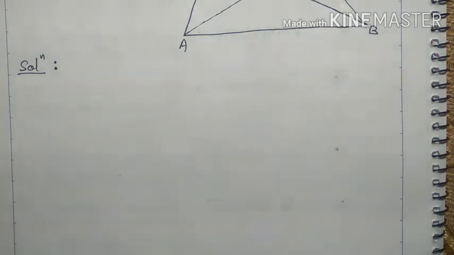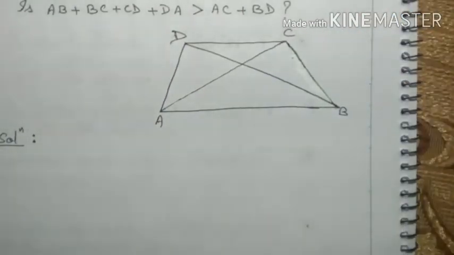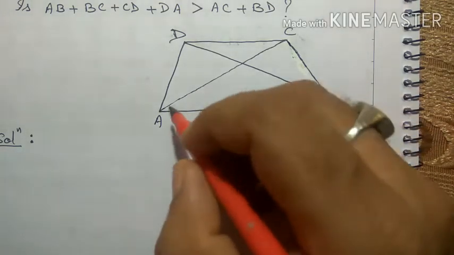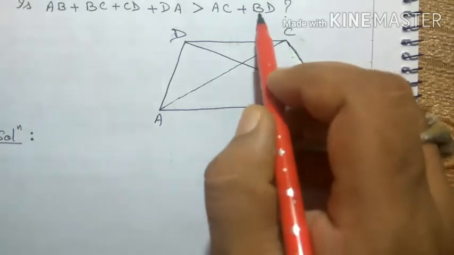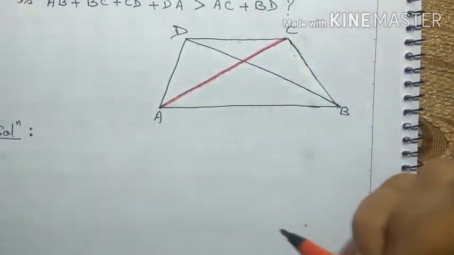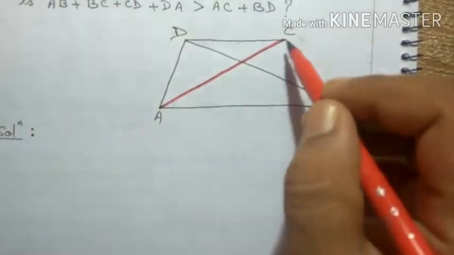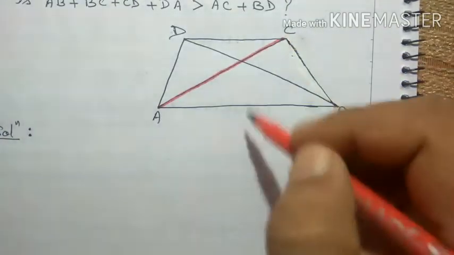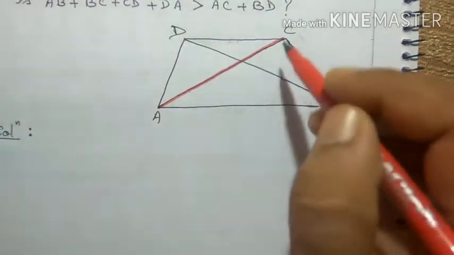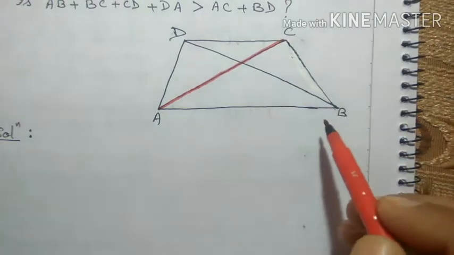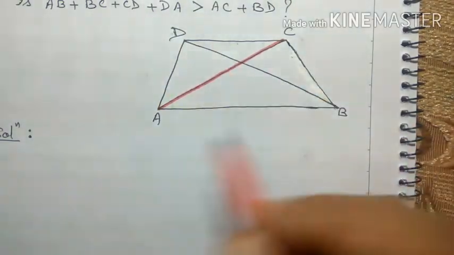So first of all we have to check the sides forming the triangle, like we have to check AC and BD. So AC, this side, is one of the sides of a triangle. So how many triangles are there in this figure having base AC, means one of its sides AC? So there are two triangles possible, that is triangle ACD and triangle ACB, right? So now we have to take these two triangles.